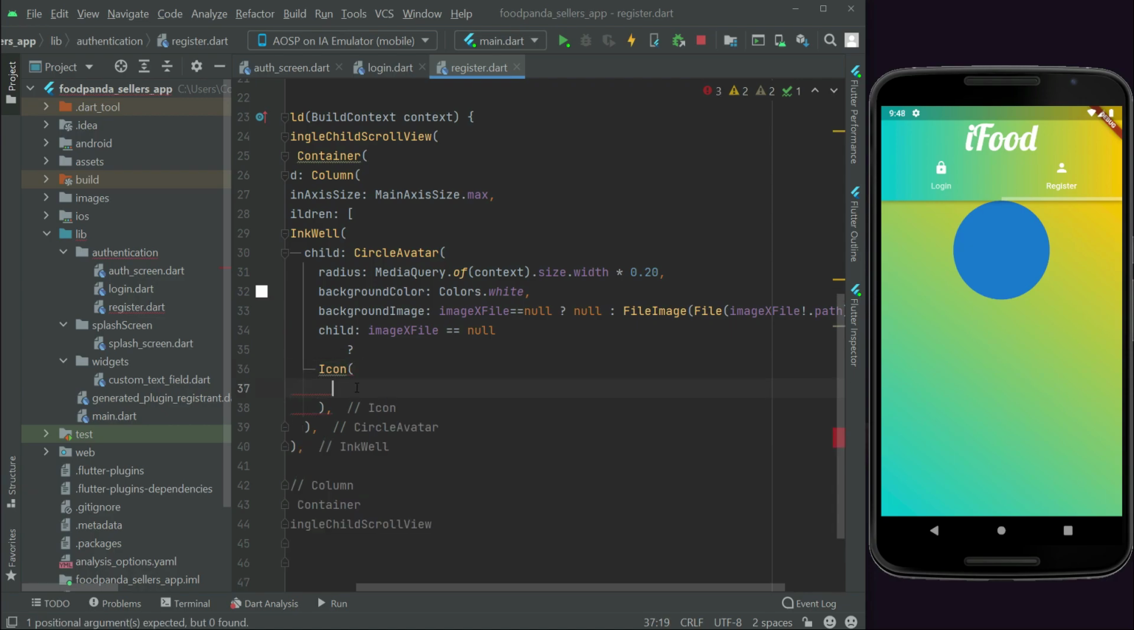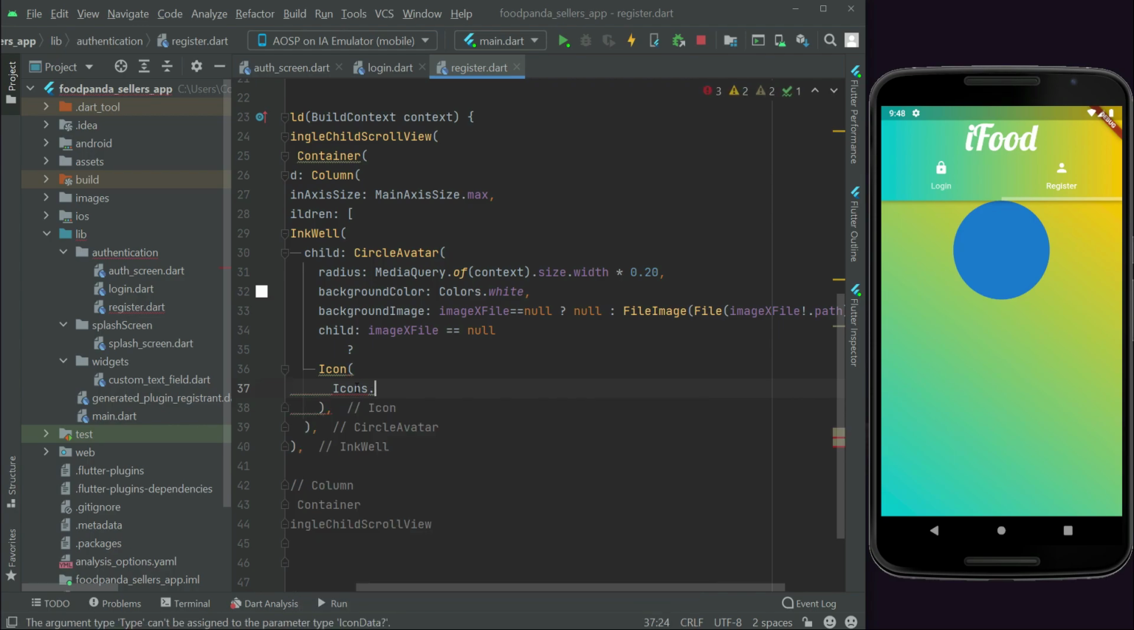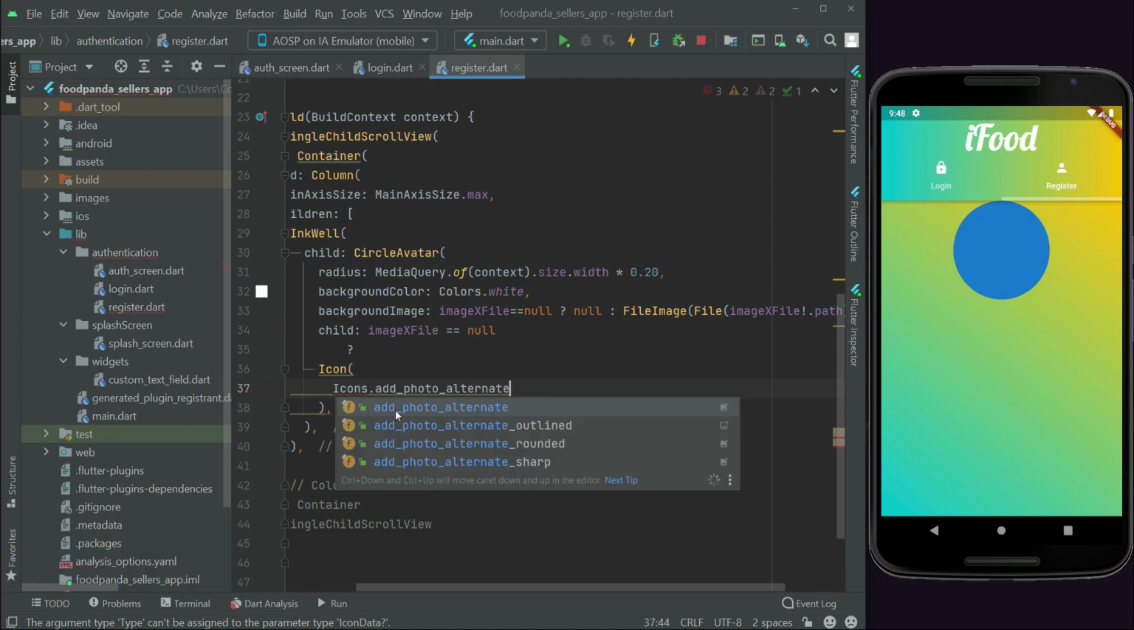So the icon will be Icons.add_photo_alternate, this one. Okay, add photo alternate. You can add any icon you want, there are many others. I will go with this one,